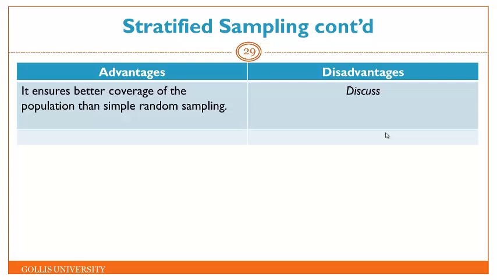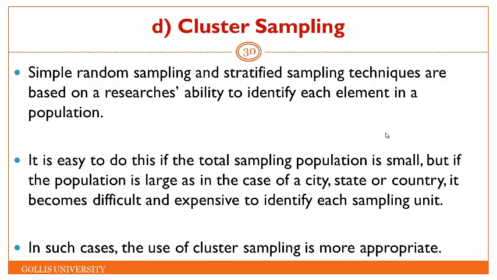It takes a lot of time, and thereby it sometimes exhausts the researcher. The fourth method is cluster sampling. Simple random sampling and stratified sampling techniques are based on the researcher's ability to identify each element in a population. It is easy to do this if the total sampling population is small, but if the population is large,